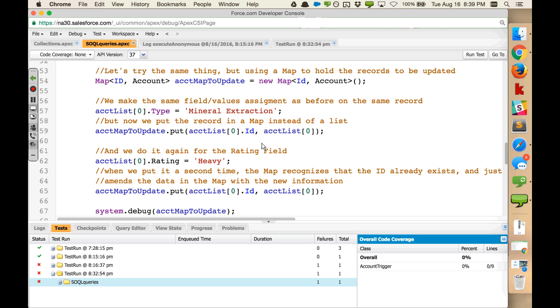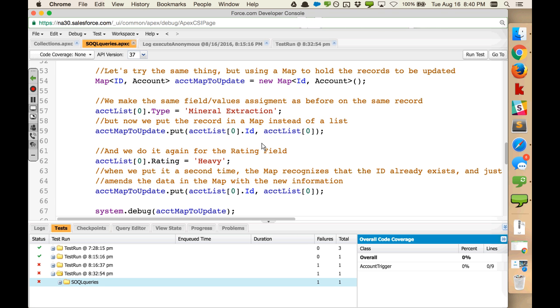It doesn't have two copies of that account in memory. It's the same record in the memory, and it's just referenced from two different places. One is the list, and one is the map. And so whichever one you decide to use to perform any kind of update, you don't actually have to put it again or add it to the list again